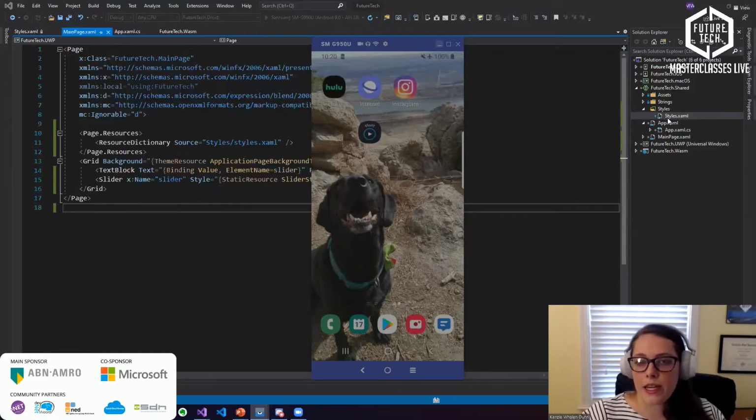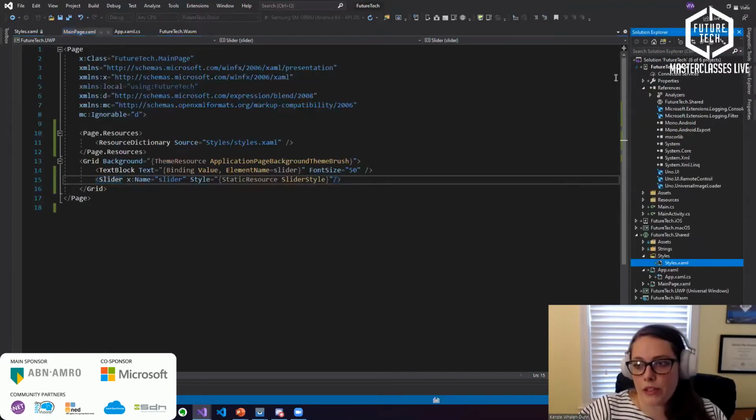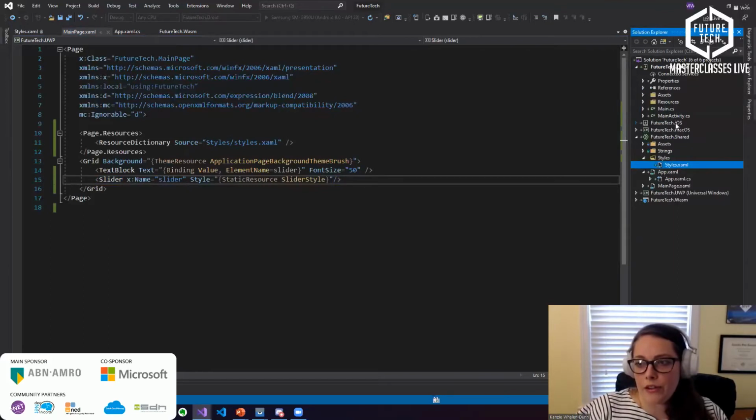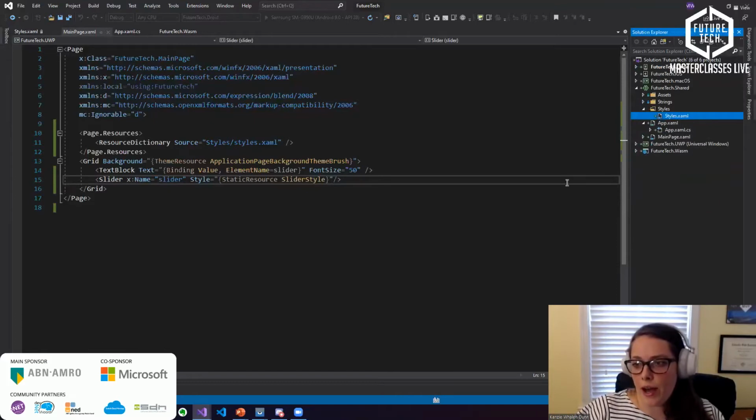All right, well, Android can take a minute. So while that's building, I just wanted to point out that we truly haven't even touched the platform-specific projects. If you take a look at Android, you have your native folder structure, your main activity. iOS is the same. It's like all these things that you would have if you created a Xamarin app as well. And this is also where you would add platform-specific code. We'll talk about that a little bit later.